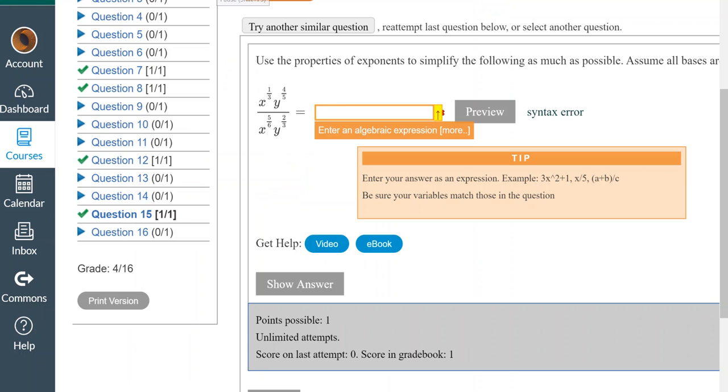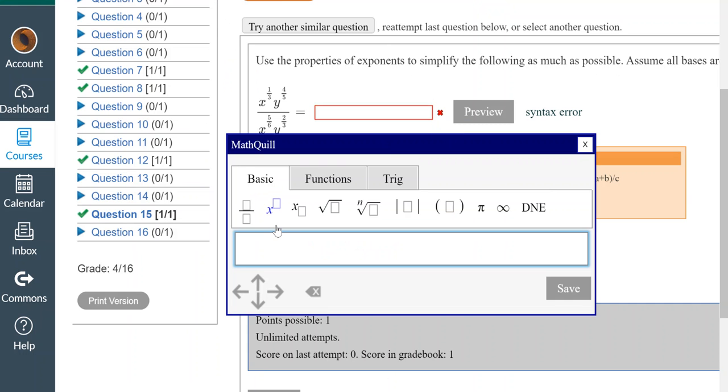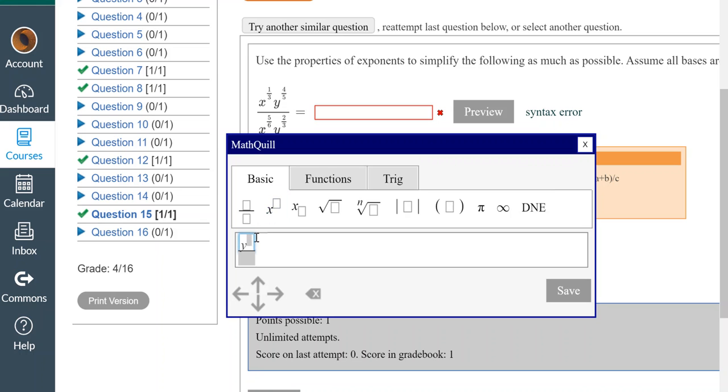All right. So in my answer field, I'm going to hit the yellow arrow and then my fraction bar. My numerator, I want to be y to the 2/15 power. And you can do that. You hit y, and then this button right here gets me up high. And I'm going to do 2 divided by 15, or if you want to insert a fraction, you can like that,